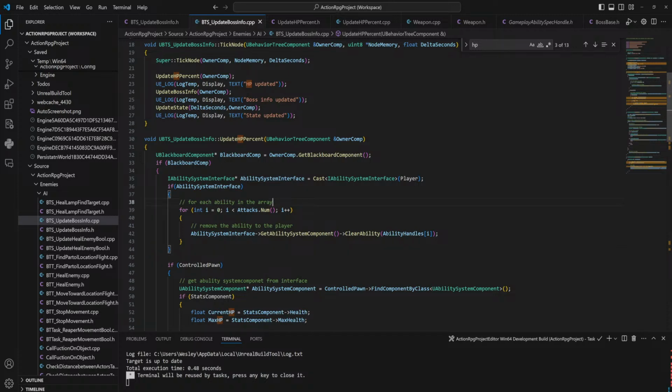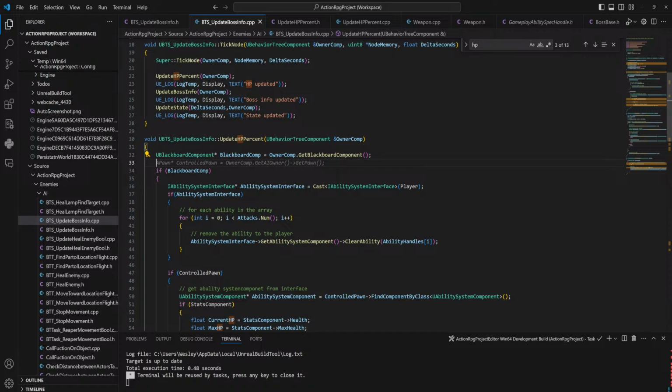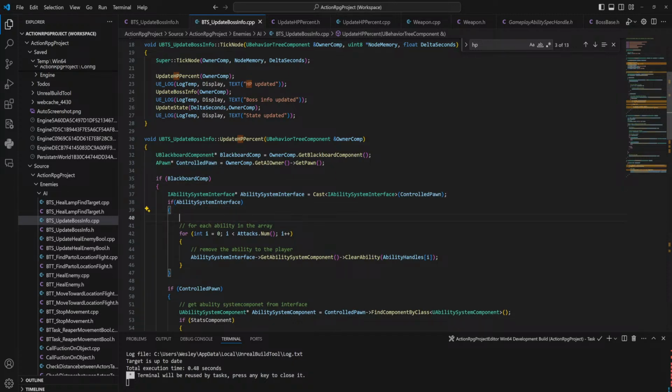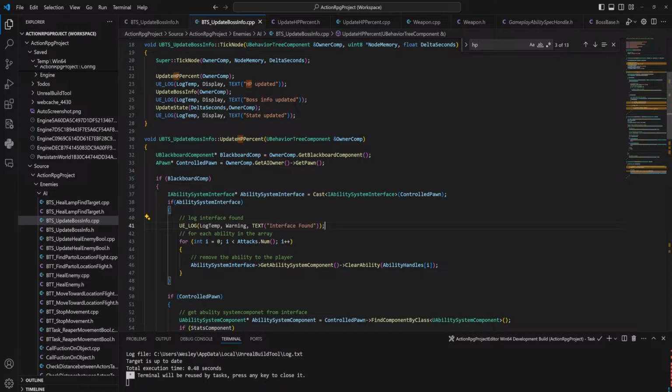Okay, we need the control pawn. And then we log interface found, just to be sure.